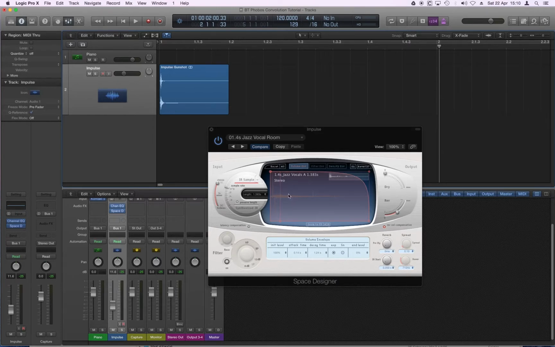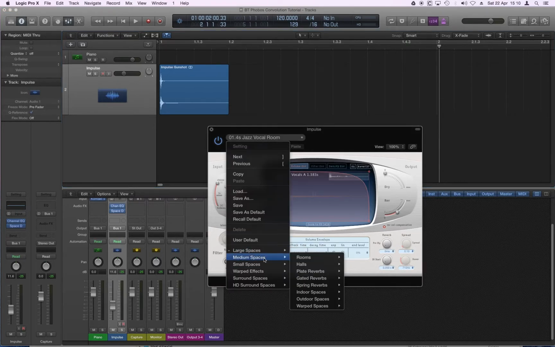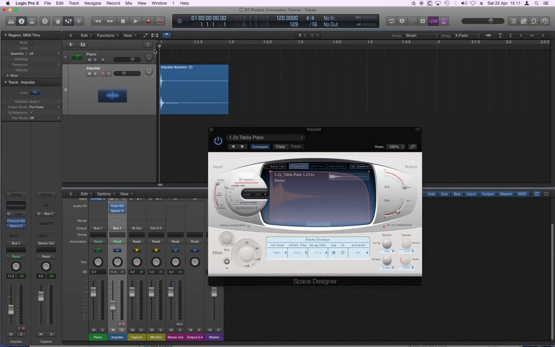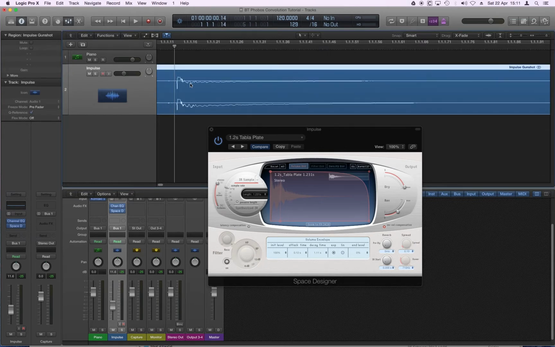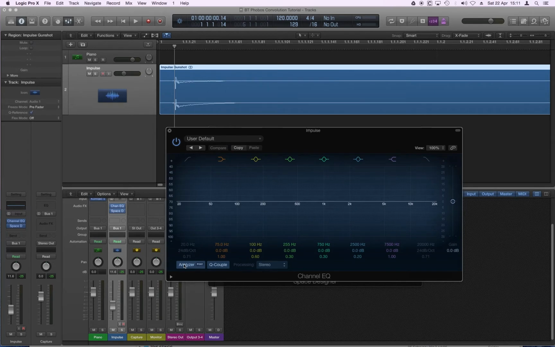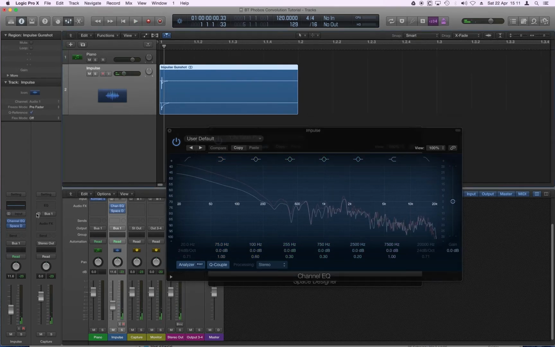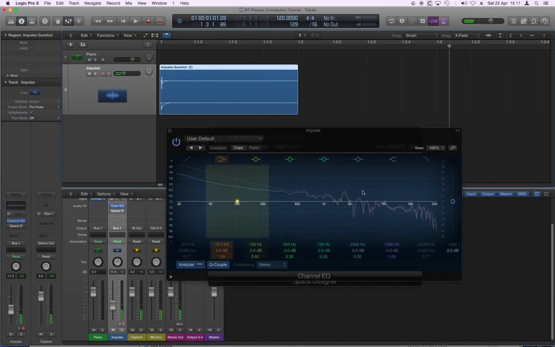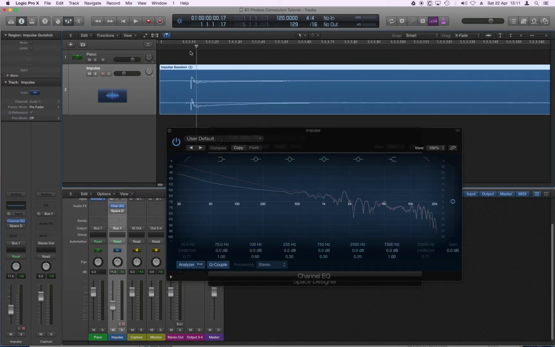The main point is that you've got all these different kinds of sounds, and the reason this impulse is used is that it's a really short sound which captures as many frequencies as possible. So if we look here at the analyzer, switch that reverb off. This is the dry sound, and you can see it's not absolutely flat or perfect, but it includes every frequency at the same point in time, which allows the software then to realize, okay,